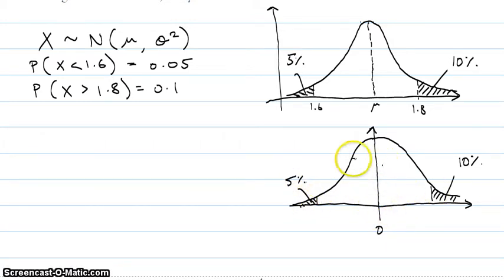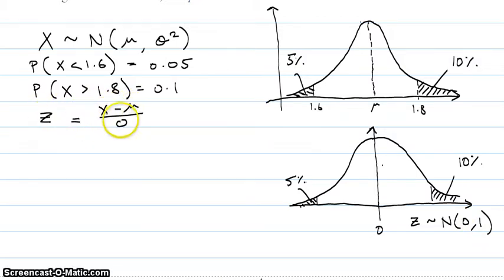I know how to get something with a mean of 0 and a standard deviation of 1. This is my standardized normal, z. And I know how to get there. I just use the formula z equals x minus mu over sigma. And that should give me the standardized normal distribution. So what does that mean? Well, that means if I want to find out this value here,